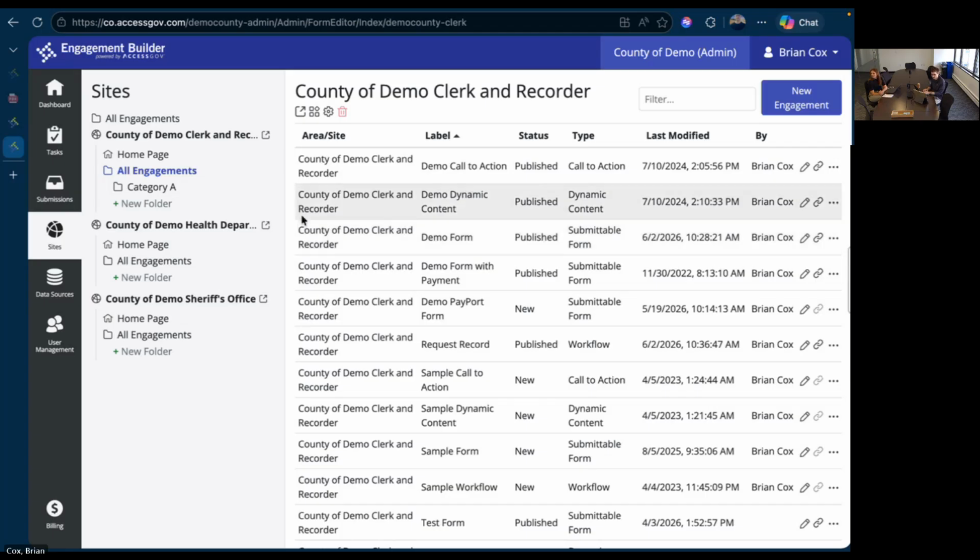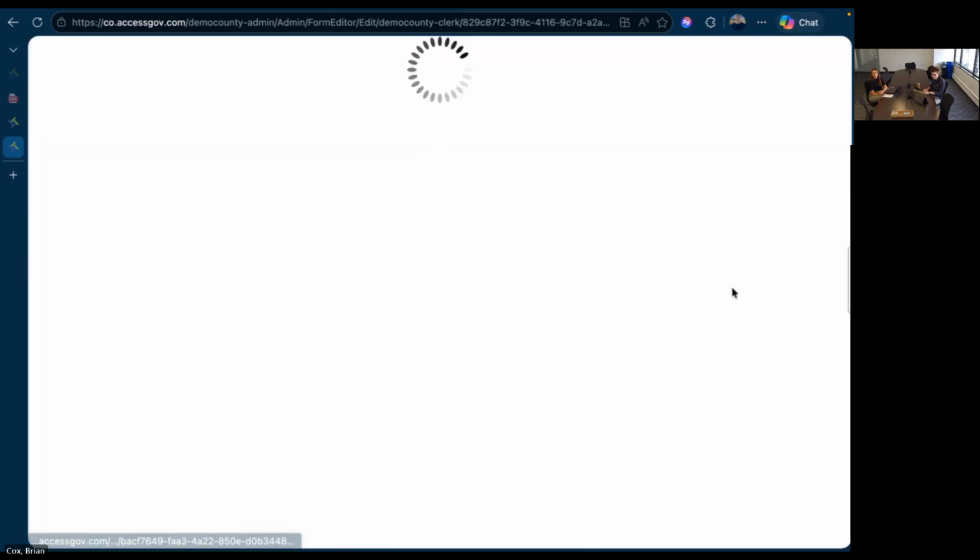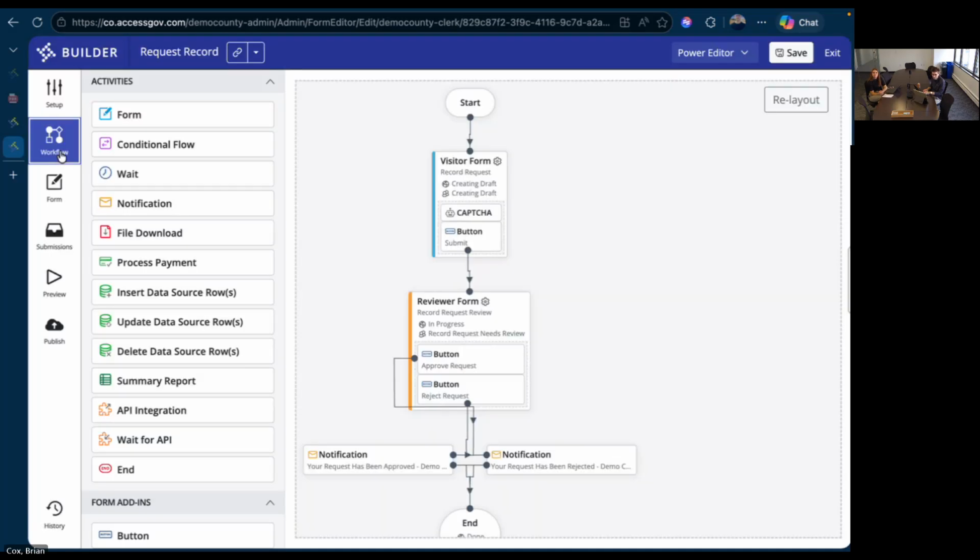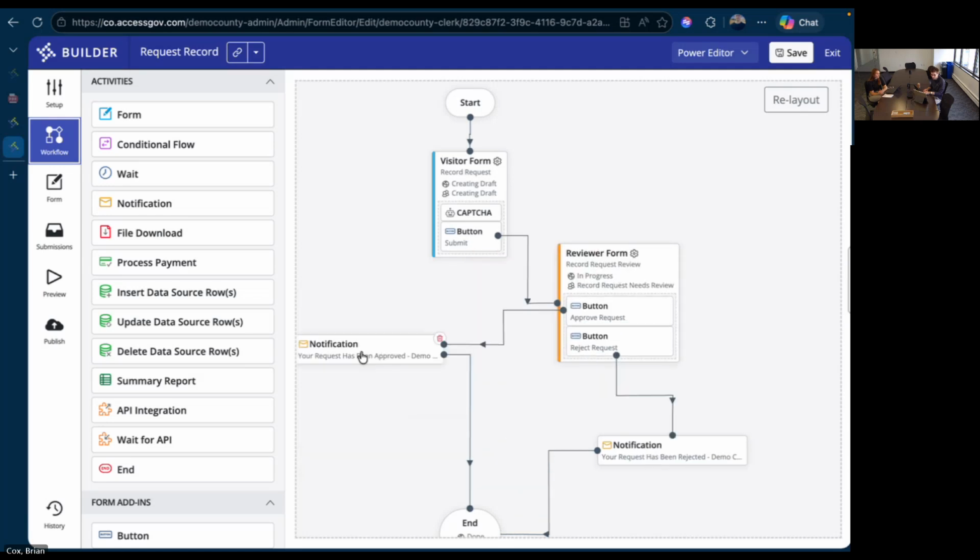So if I were to go into an example workflow here, the way that I would do that is within my workflow tab, I have this add-in here. Technically, you can do this within submittable forms. I do typically recommend doing these in workflows, as you have a lot more customizability as to when the information is available at the endpoint, but you can technically do it within submittable forms as well. So if, after it has been approved, I wanted to make this available at the submissions API endpoint, as we refer to it, I would add in this API integration activity,